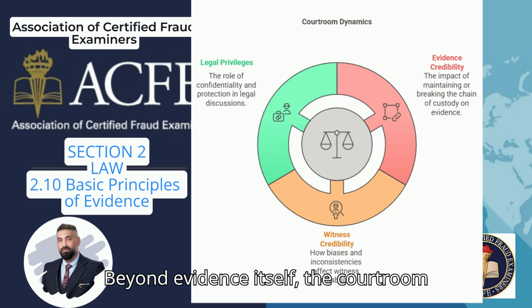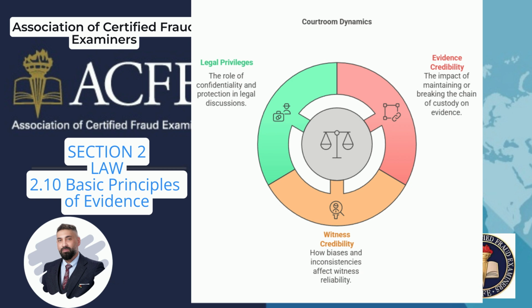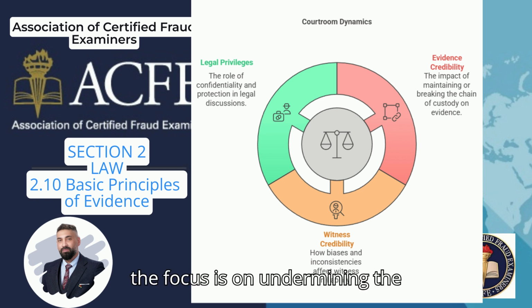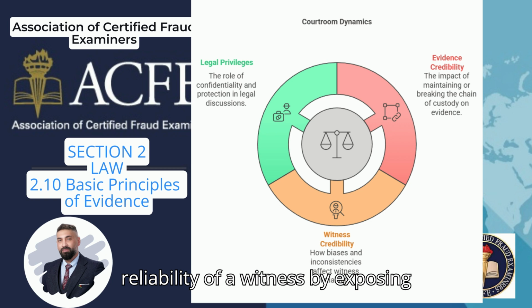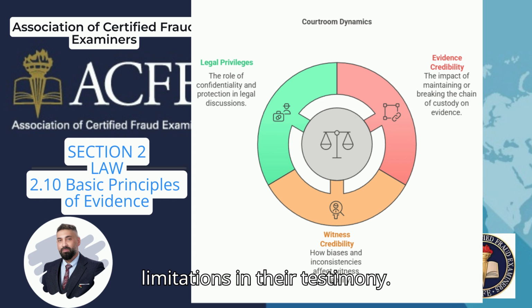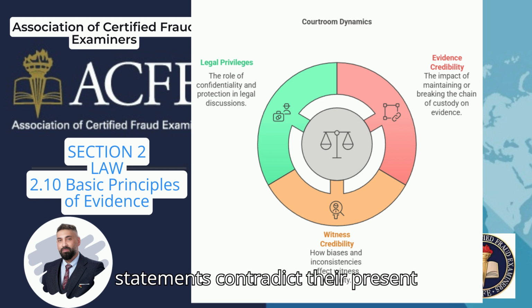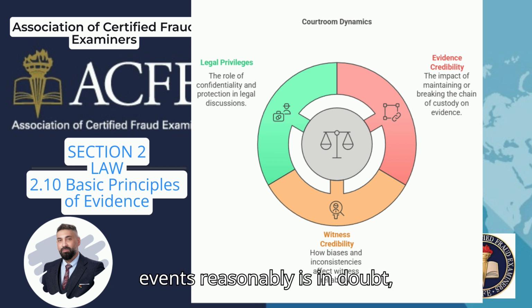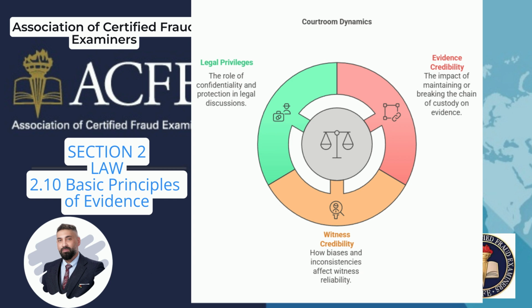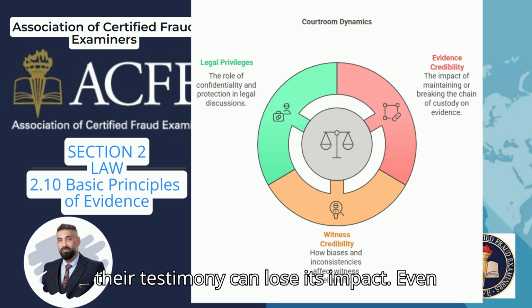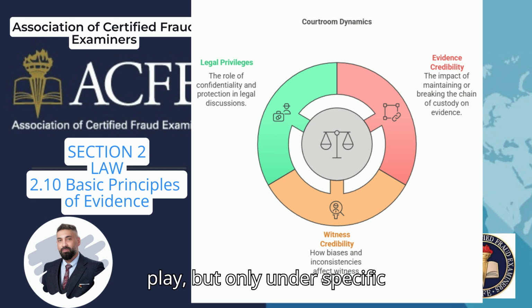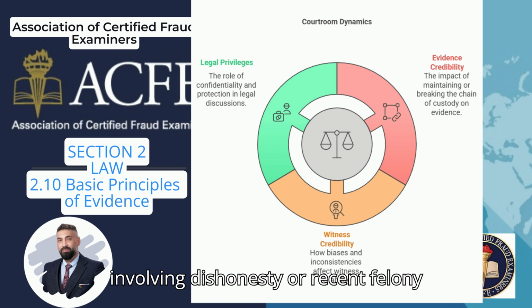Beyond evidence itself, the courtroom also hosts battles over credibility, particularly through the process of impeachment. Here, the focus is on undermining the reliability of a witness by exposing potential biases, inconsistencies, or limitations in their testimony. For example, if a witness's prior statements contradict their present claims or their ability to perceive events reasonably is in doubt, their testimony can lose its impact. Even a witness's criminal record can come into play, but only under specific guidelines, such as instances involving dishonesty or